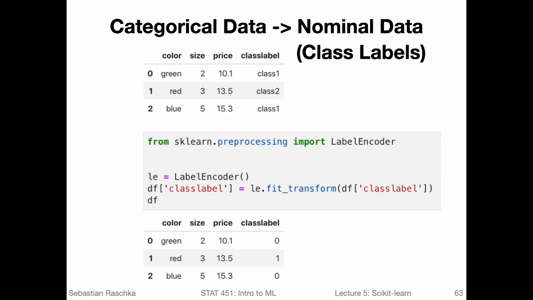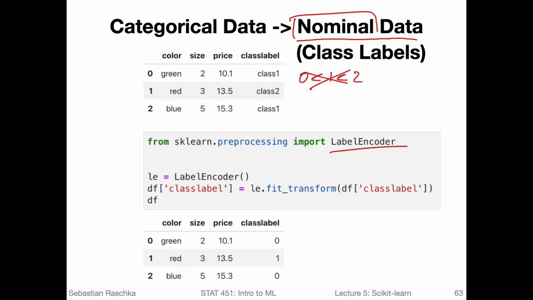Next, let's take a look at the class labels, which are another type of categorical data, namely nominal data. So class labels, as you know, don't have any order. Even if we sometimes have integers like 0, 1, 2, 3, 4, 5, there is no order implied between the class labels. So for class labels, we can't say 0 is smaller than 1 and smaller than label 2 and so forth, there is really no order in the class labels. So for class labels, like categorical data that is nominal, not ordinal, we can use the